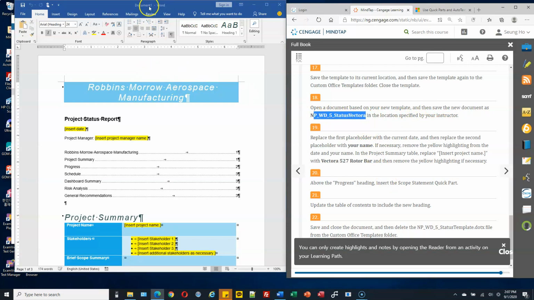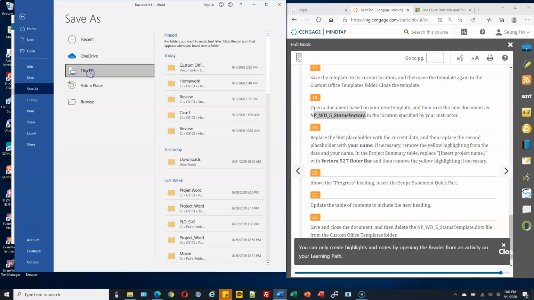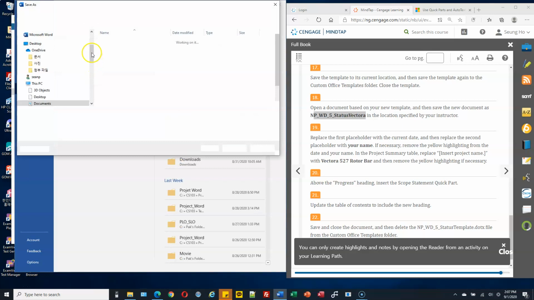So this is a template. If you see this, once you open this template, the file name in the title bar is just Document1. So we will save this one as a Word document. Click File tab, Save As, This PC, go to your working folder.